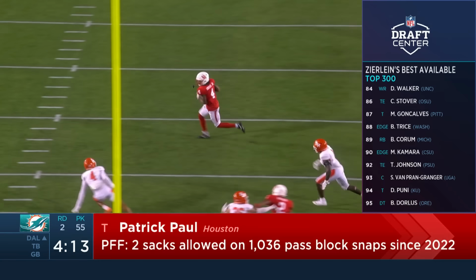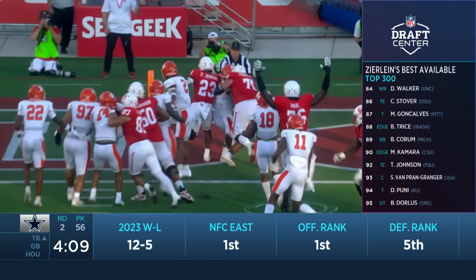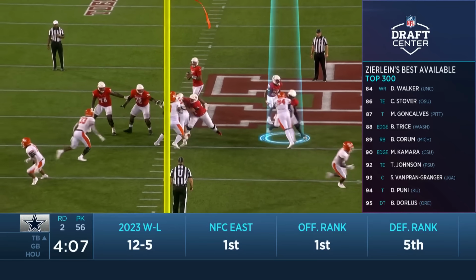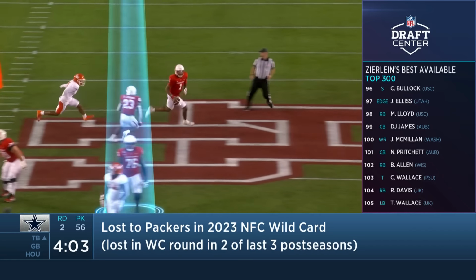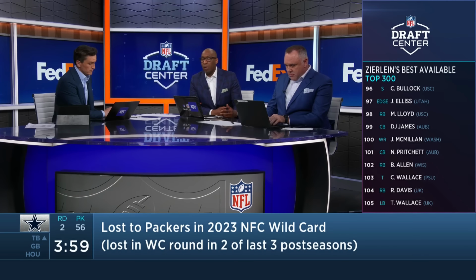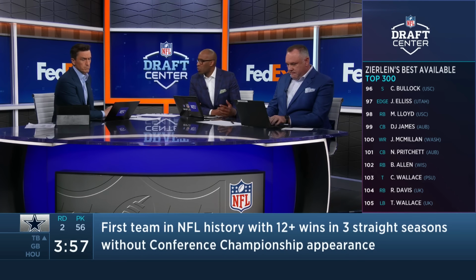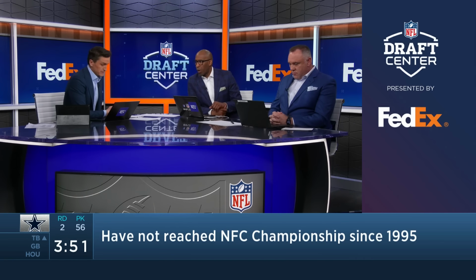Needs to be refined, but the Miami Dolphins needed to upgrade the offensive line. This has been the sore spot of a team that has all the talent and firepower on the outside to make deep runs into the postseason, but at the line of scrimmage, in those big games, they haven't been able to control the line of scrimmage. And so you wonder, why haven't they been able to knock off the top teams? It's all at the line of scrimmage. And so Patrick Paul gives them someone that they can throw in there and hopefully change the narrative about their